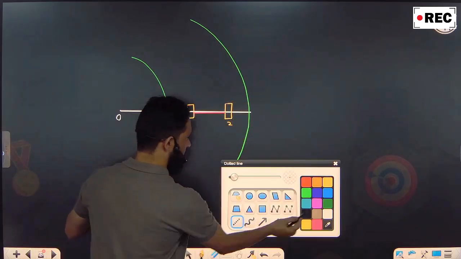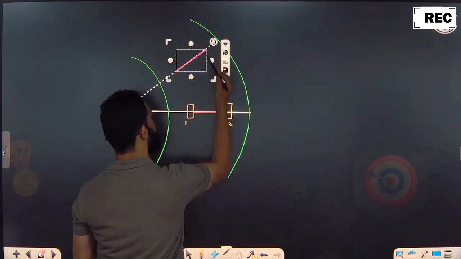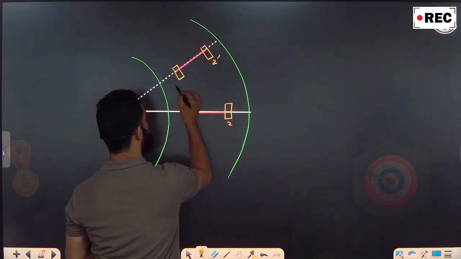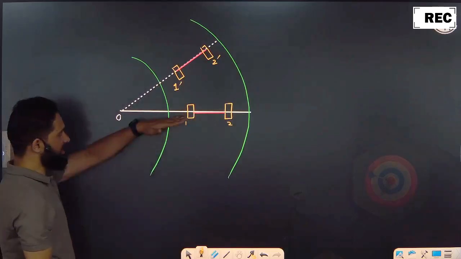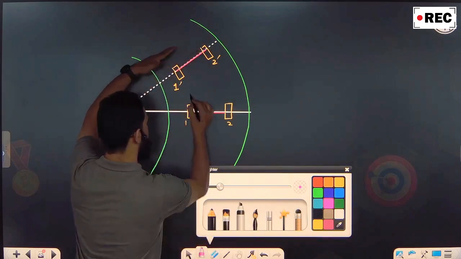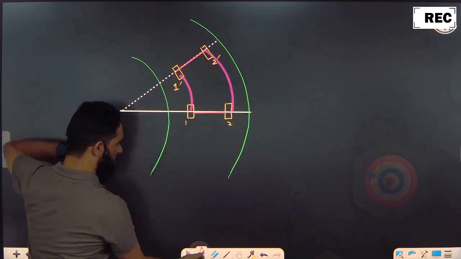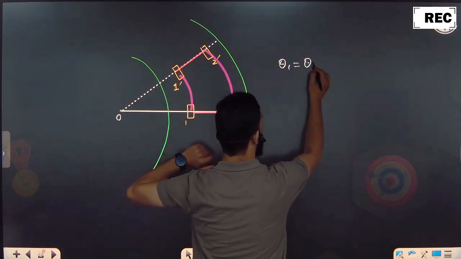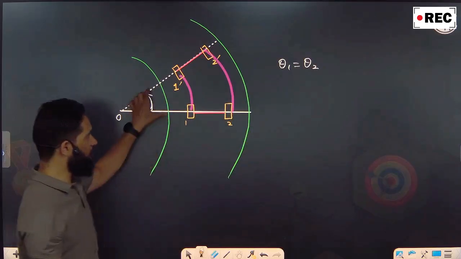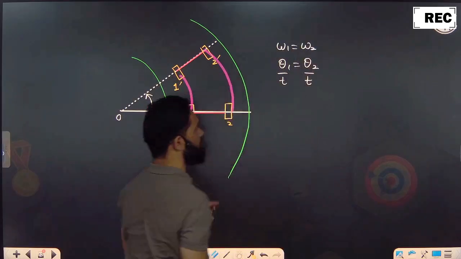There will be a moment when the car will reach this point. These two wheels are on the same shaft. The wheels are here. Wheel 1, wheel 2. This is 2 dash, this is 1 dash. Right? In the same time they reach here. So I am telling you wheel 1 is covering this angular displacement, and wheel 2 is covering angular displacement. What is the angular displacement by 1 and by 2? They are covering the same displacement, isn't it? Angular displacement is same. In how much time? Same time. So their omega 1 and omega 2 are same.